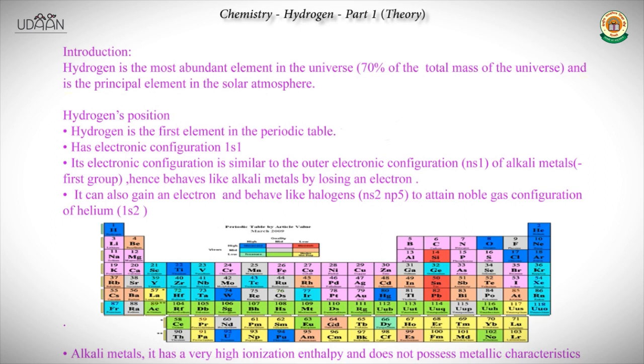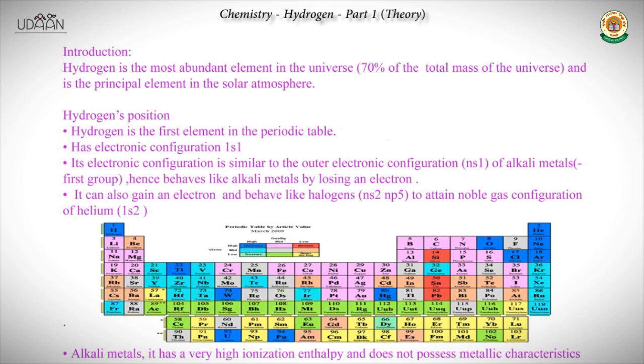Hydrogen is the most abundant element in the universe and it is about 70% of the total mass of the universe. It is the principal element of the solar system. So most of the solar system or the universe that we have consists of hydrogen only, right? We will start with hydrogen's position in the periodic table, then its basic structure and chemical properties, then its